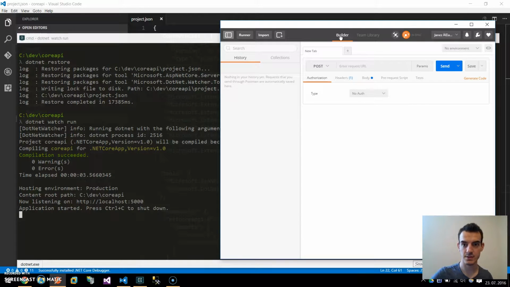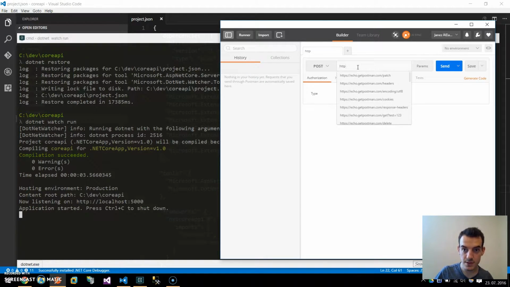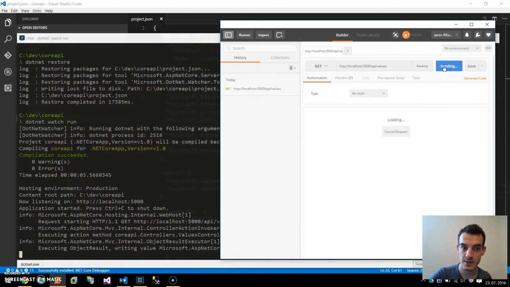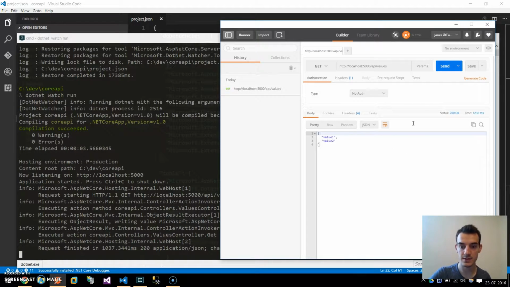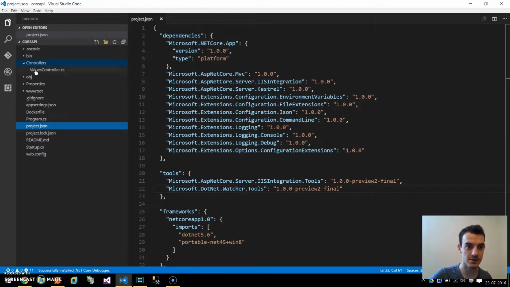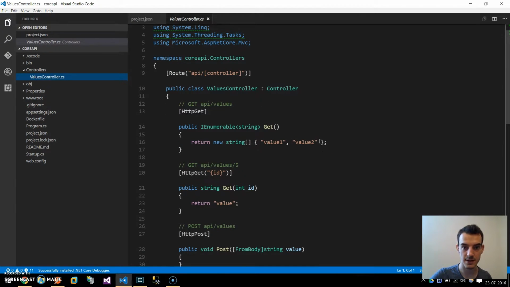And if we go to this request URL, http://localhost:5000/api/values, and we change this to the GET method, we get the standard two values. But now I can change something in our controller. For example, I can return a third value,